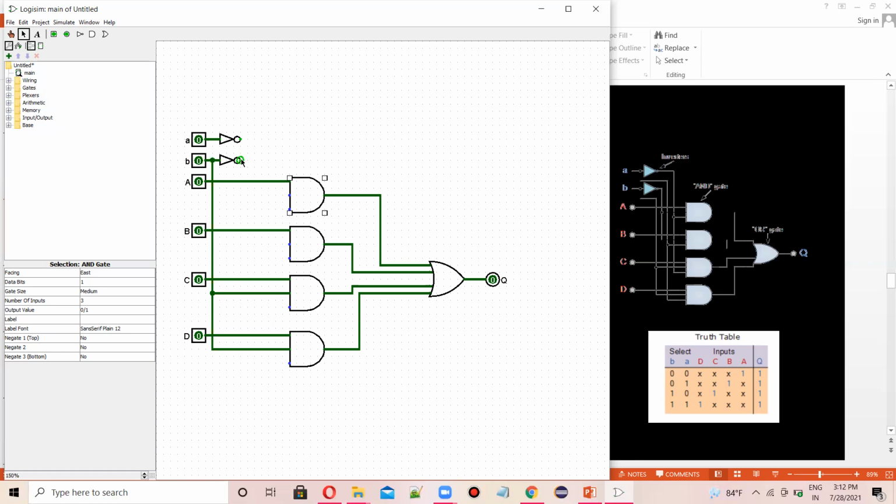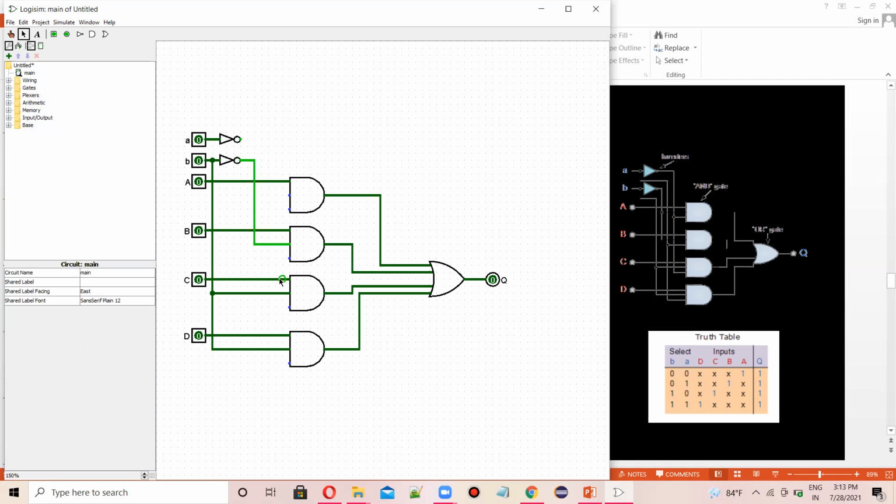This part of this NOT gate is connected with the second AND gate, middle part.